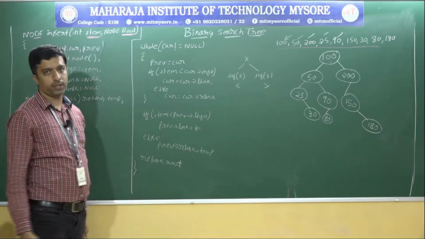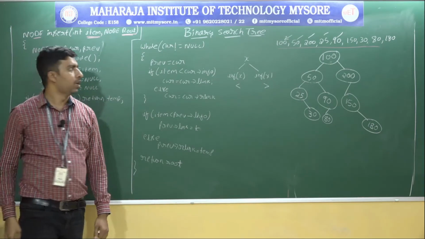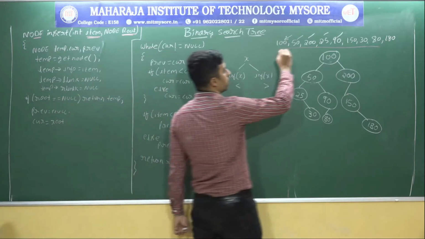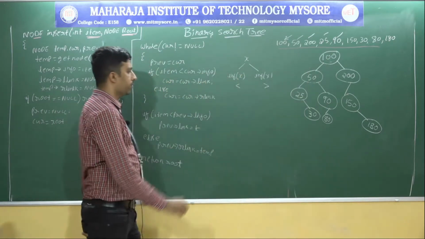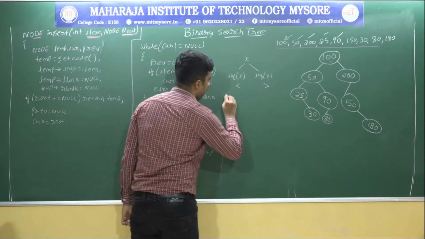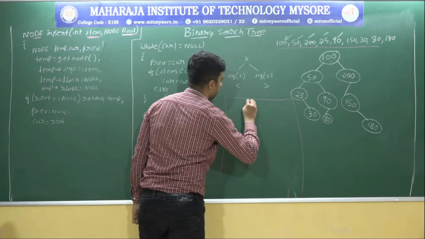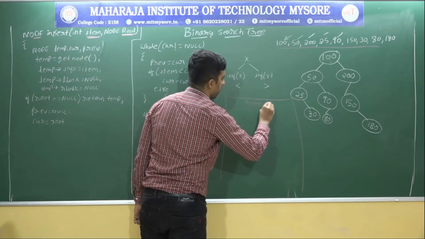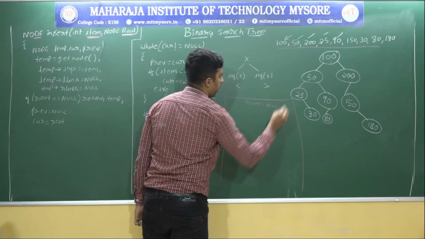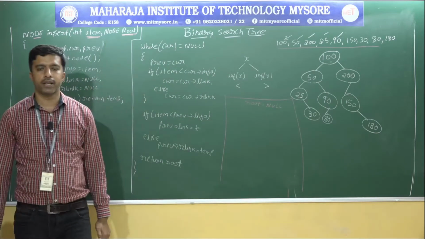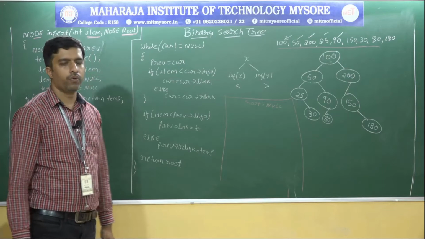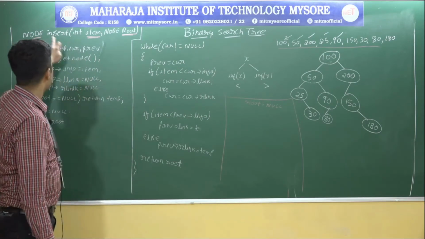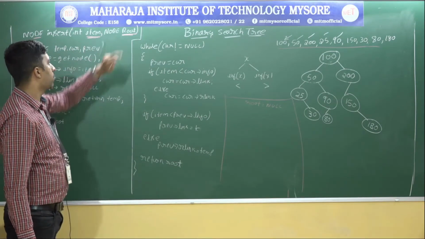Assume the root is null. Initially the root is null, and we have taken this element only. Root is a pointer inside the tree which is going to identify the first element. Now, if the root is null,